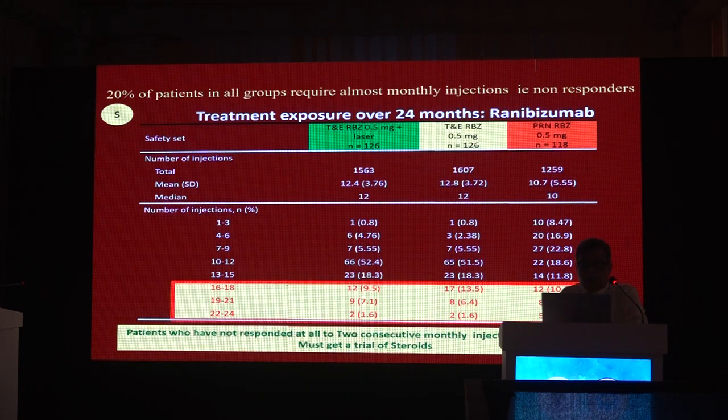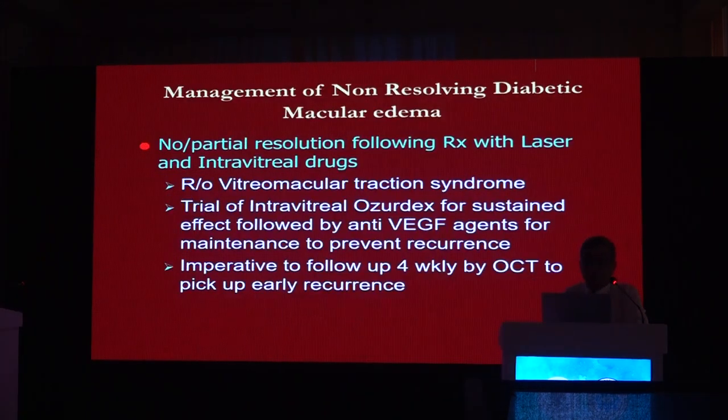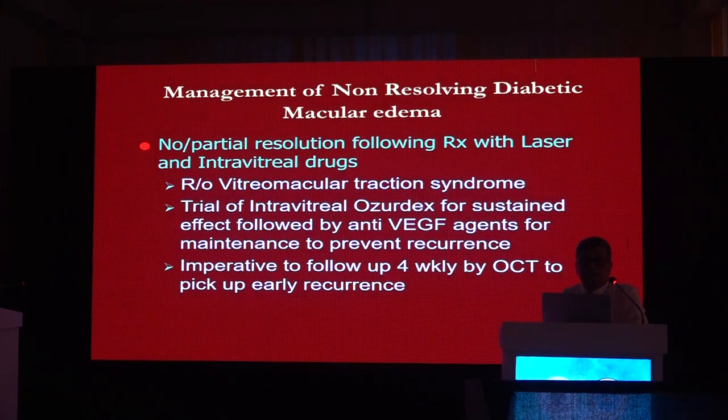So if you have a patient who is not responding to 2 consecutive monthly injections, by not responding I mean no change in visual acuity, absolutely no change in OCT, these patients should probably get a chance with treatment with steroids. The last group of patients in macular edema are those who are non-resolving. Before you say non-resolving, rule out vitreomacular traction,